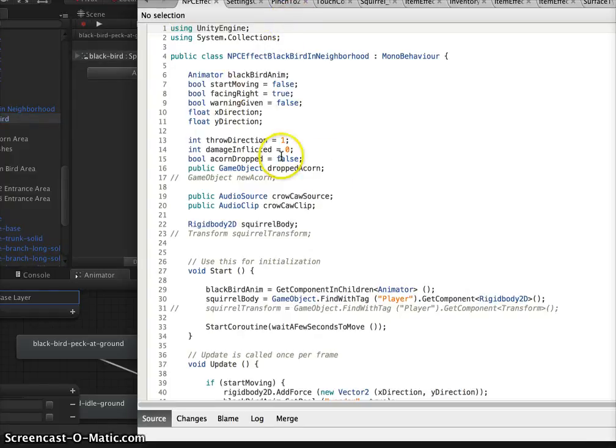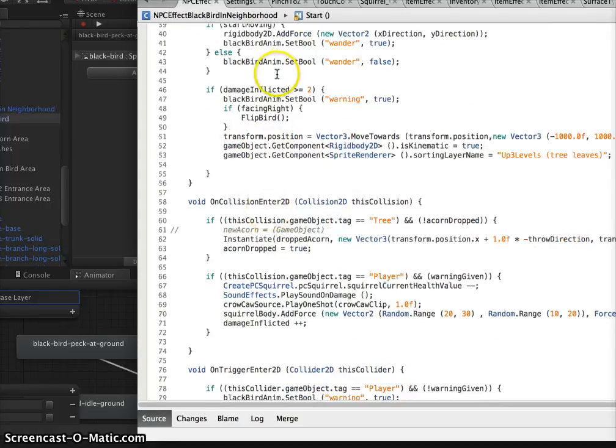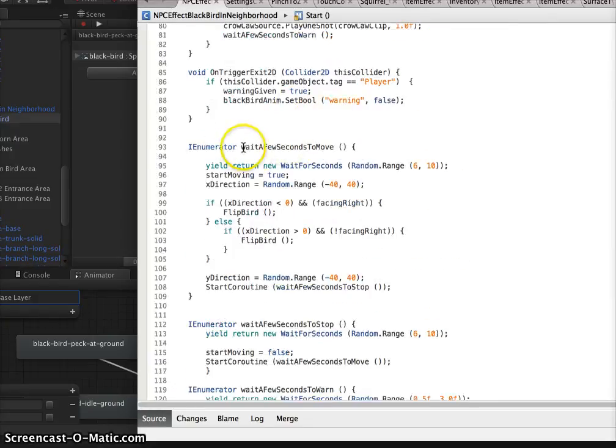The code, let's see here. First off, we just start out finding the basic components that I'm using in there, and then I start a coroutine, delayed a few seconds, where he will start walking around. So if we come down here, wait a few seconds to move, it'll wait a random number between 6 and 10 seconds, and then it will